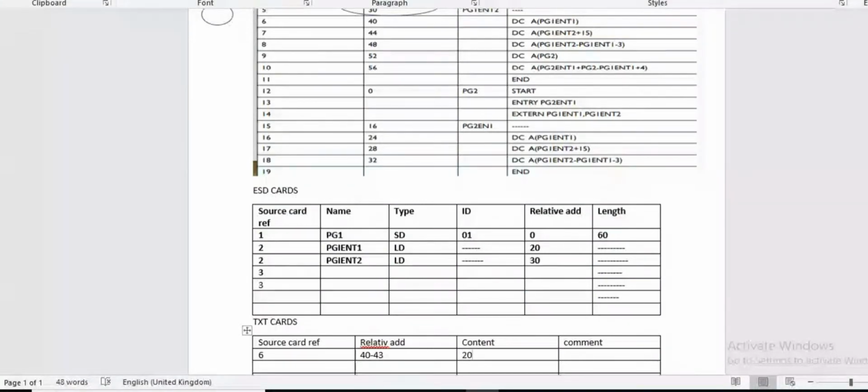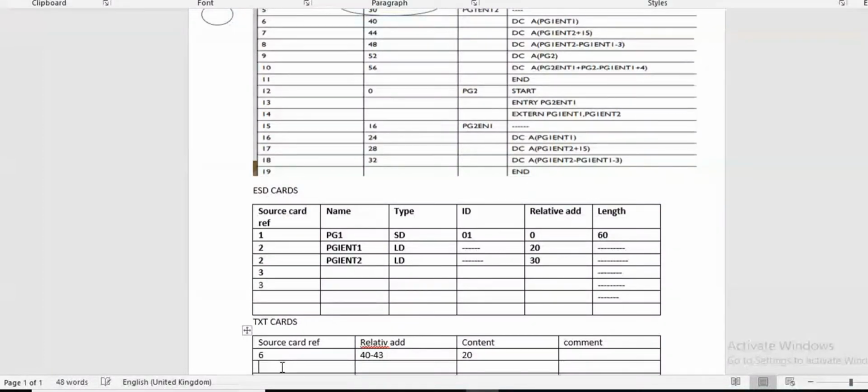After this, just go towards the second DC, having source card reference 7 and relative address 44 to 47. So I'm writing 7 in source card. After that, its relative address is 44 dash 47. Then, how to calculate the content of this? What is the relative address for PGIENT2?